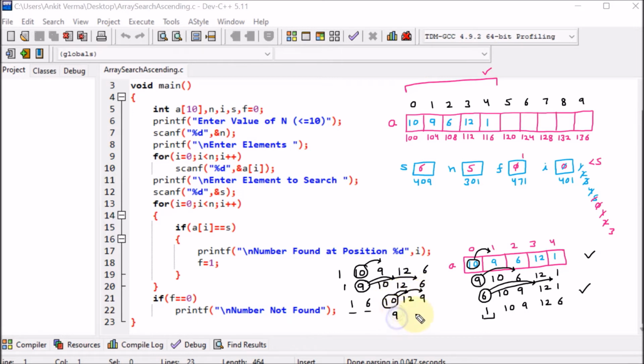Then afterward again we are going to compare with the next. So there will be the swapping. So here 9 and 10. Now the rest will be as it is. Afterward we can see that three elements are at the proper position. Now we will perform the swapping at the last. Here we are comparing and swapping, so 10 and 12. Then afterward 1, 6, 9 will be as they are. So all the elements are in ascending order. So this is the logic.